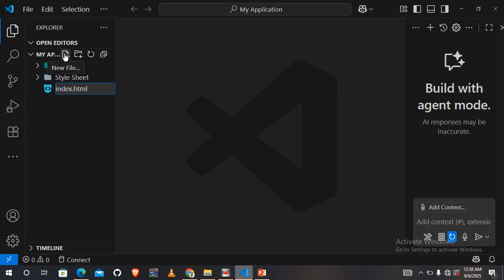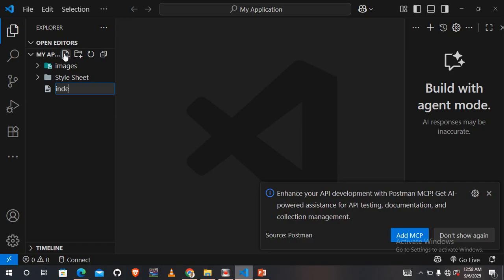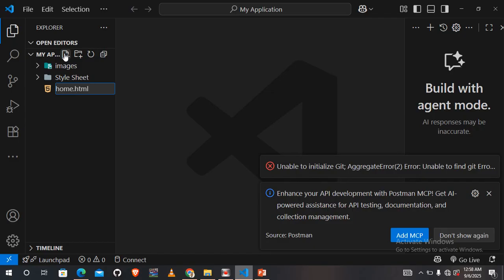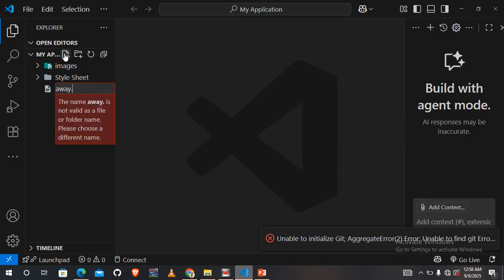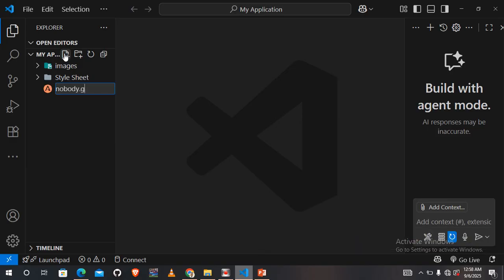index.html. Now, mind you, it is not just index.html we can call this file. We can call it any name of our choice. We can call it home.html. We can call it away.html. We can call it nobody.html. The most important thing is this dot html, and I hope you're seeing the effect it's taking. Once you put .html, it tells the code editor what that file means. In our case, we are going to call it